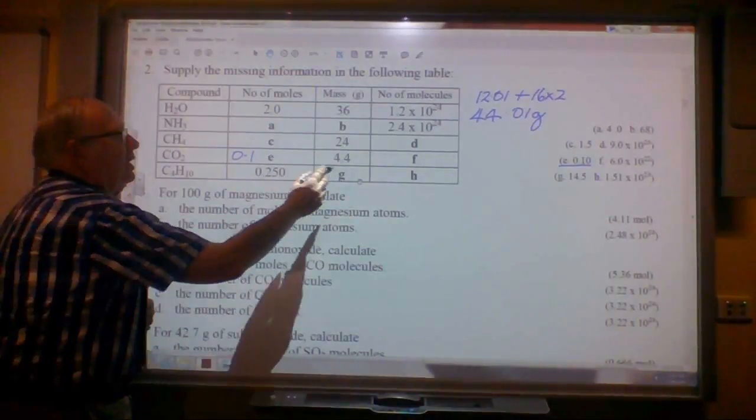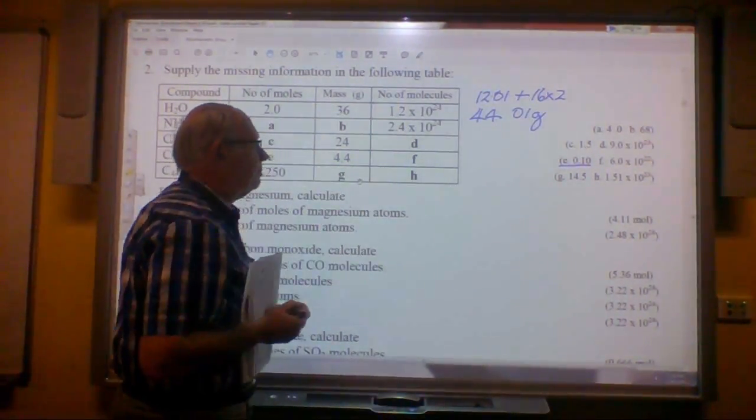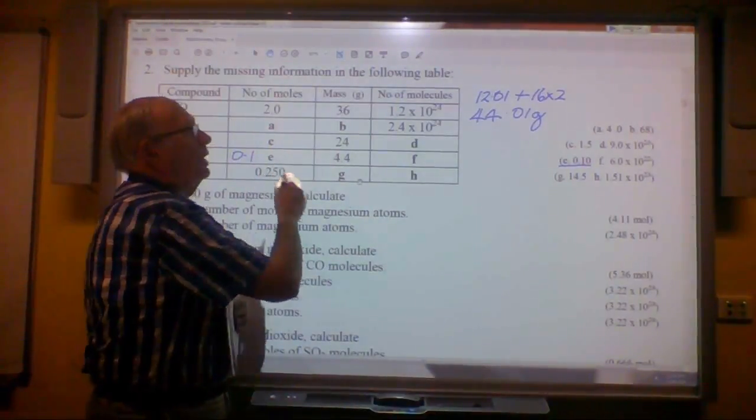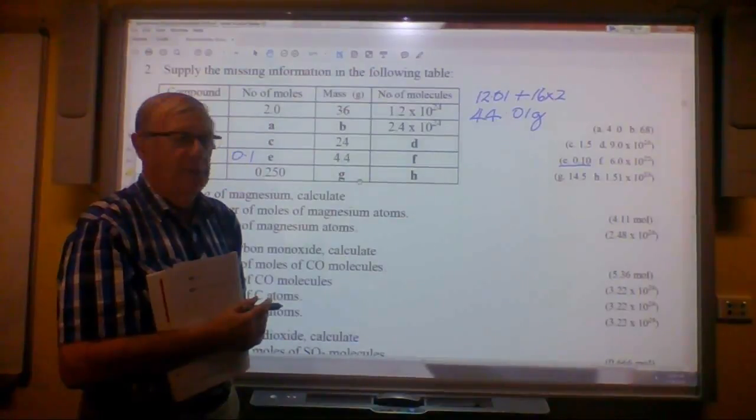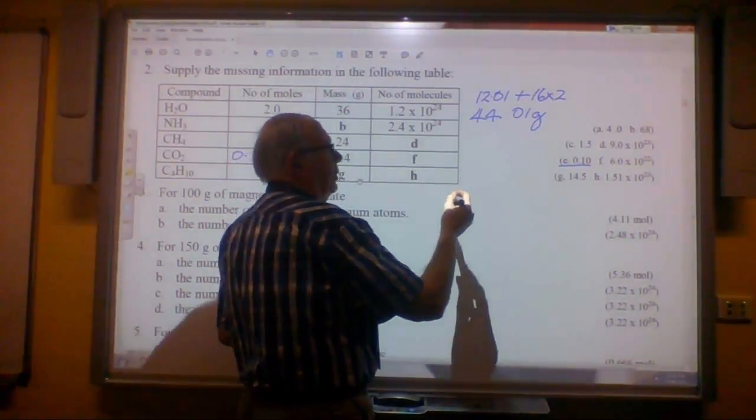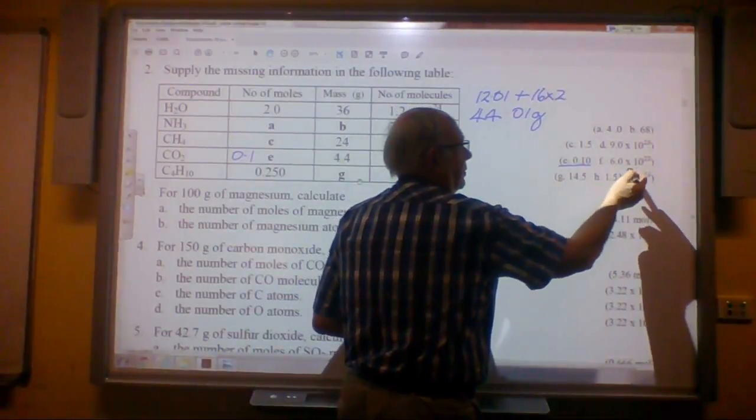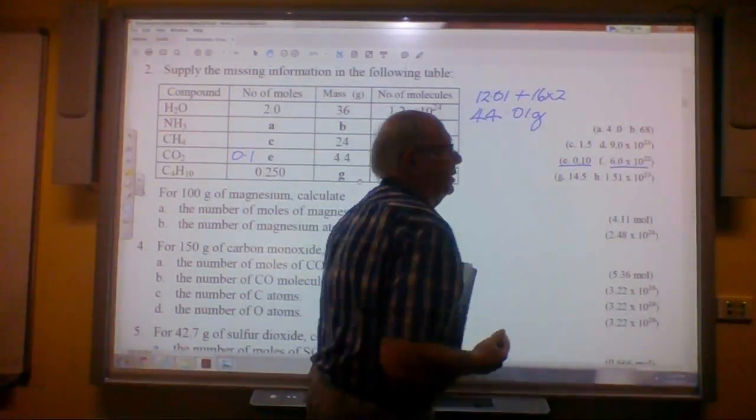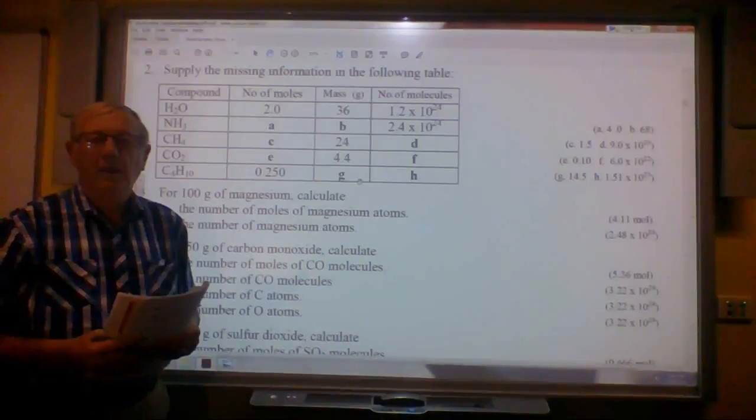Going back over here now to work out the number of molecules, that of course is 0.1 times Avogadro's number, which of course is 6.02 by 10 to the 23, and quite simply that works out as this figure here. Now, as you can see there, it's rounded down to 2 significant figures. The next one